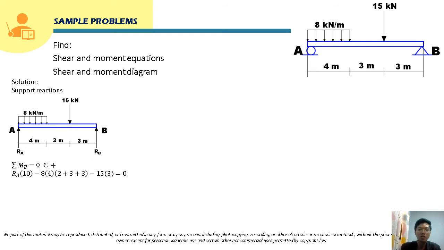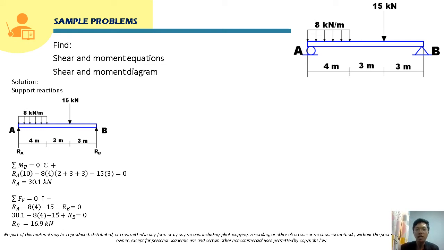That's why it's negative here. So, solving for R sub A, class, this will be 30.1 kilonewton. So, we can now solve for R sub B by taking the forces vertical. So, this will just be R sub A minus the equivalent point load of this rectangular load, which is 8 times 4, minus the concentrated load, which is 15, plus R sub B. So we just substitute the value of R sub A that we already solved. So solving for R sub B, this is equal to 16.9